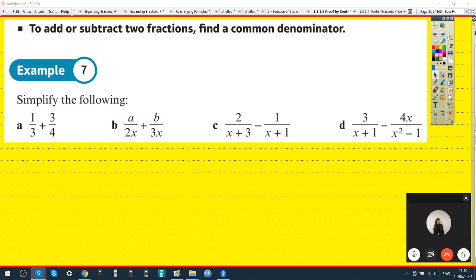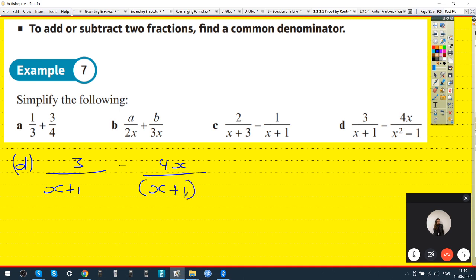Okay. So it's easy if you simplify the bottom right first. So that becomes x minus 1, x plus 1. Yeah, that's great. And then you can bring them together as a whole fraction. They need to have a common denominator. The denominators aren't the same yet. So we could multiply by x plus 1 on both sides. And so it becomes like